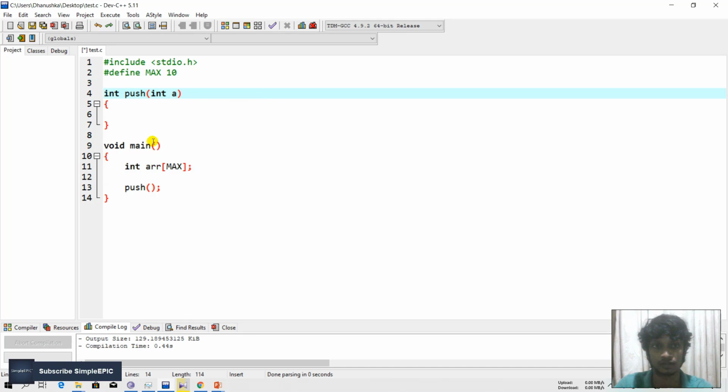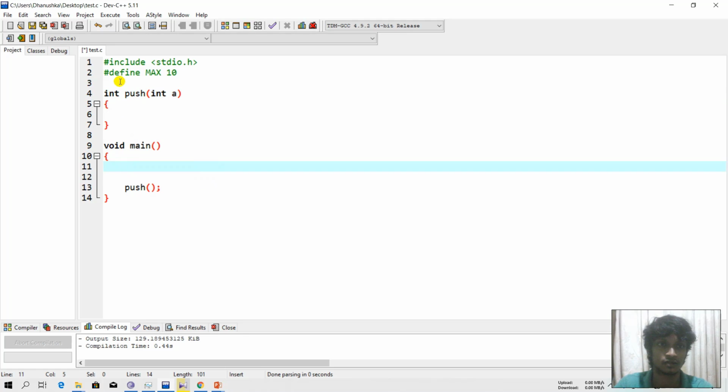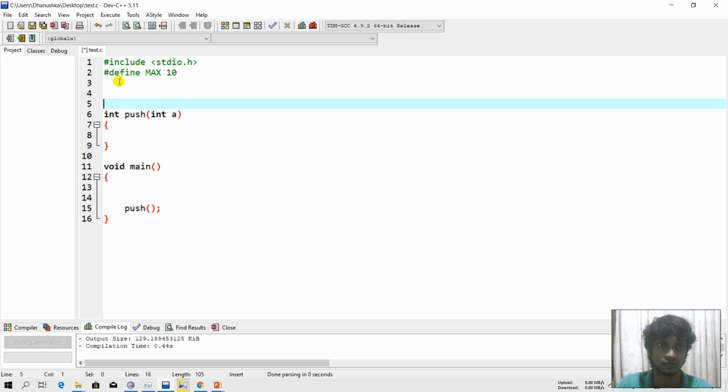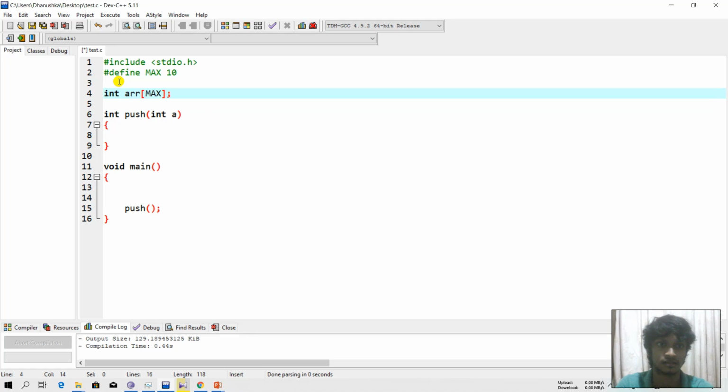Therefore I can't access that array by using this function in this function. So if I want to access that array by both functions, it is better to define my array like this, like a global variable. So this means a global variable because it is available for any kind of function which is defined after that.